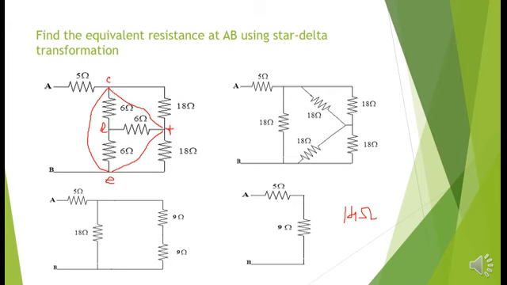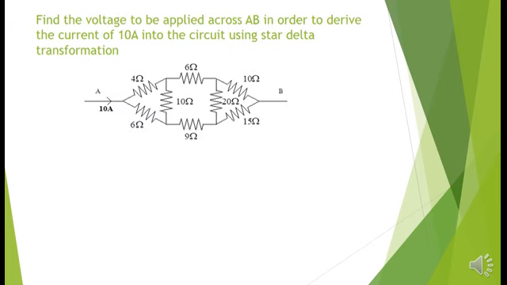So in this session, let us consider the next problem. Find the voltage to be applied across AB in order to drive the current of 10 amps into a circuit using star delta transformation. So this is the network given. So here you need to find a source voltage which is to be connected between A and B in such a way that it will draw a current of